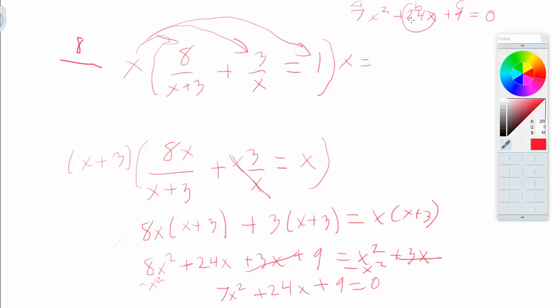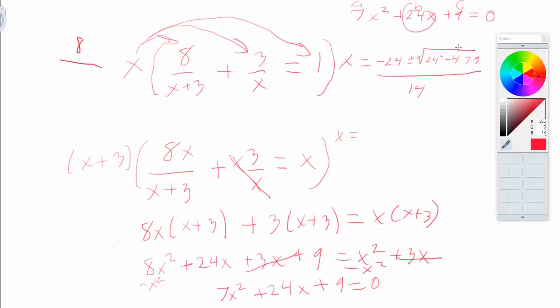So the opposite of b, so minus b, so negative 24, plus or minus the square root of b squared, so 24 squared, minus 4 times a times c, so 7 times 9, all divided by 2 times a. So that would be 14. So x equals,